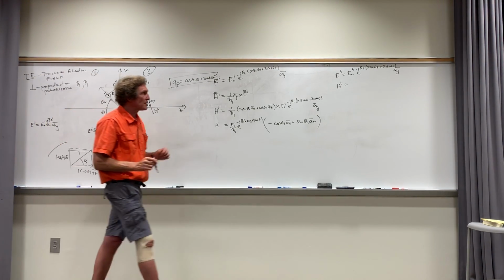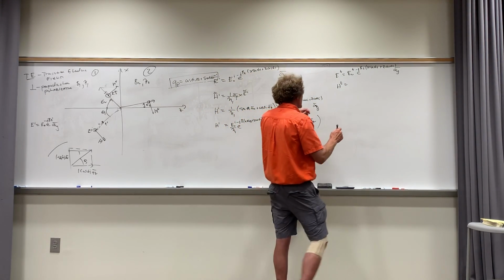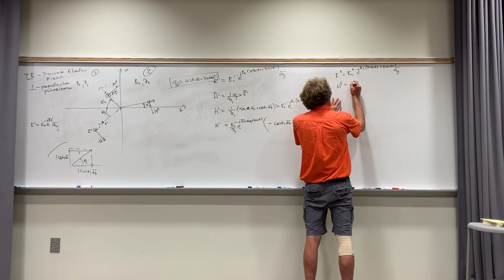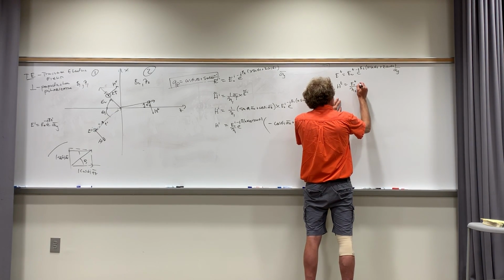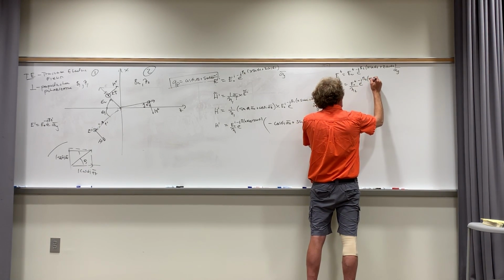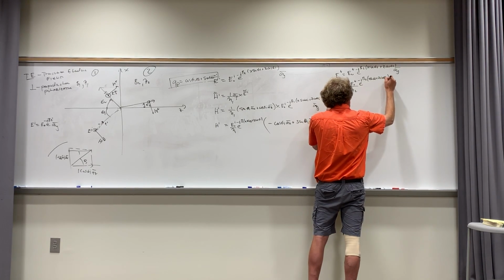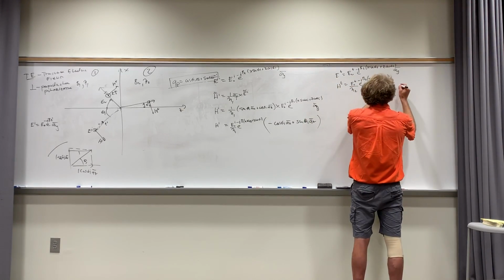I know it'll have the same form with angular differences and values of beta and eta slightly different. So this is going to be E naught transmitted over eta 2, e to the minus j beta 2 times x sine theta incident plus z times cosine theta incident. But here, now we're going to have